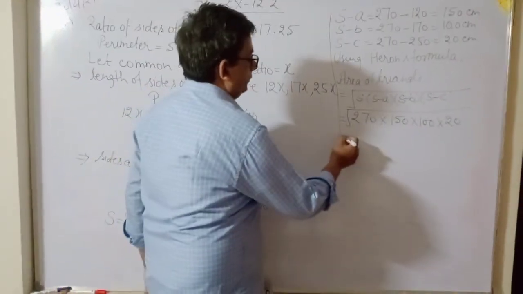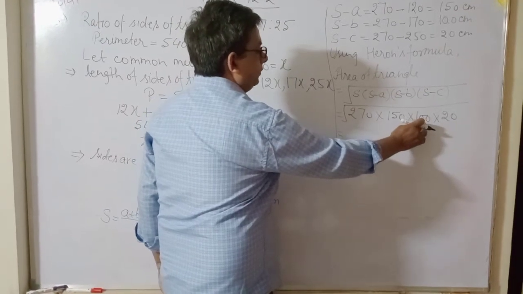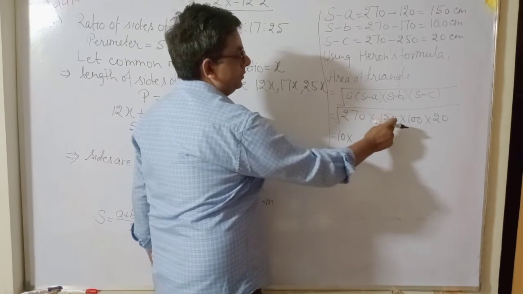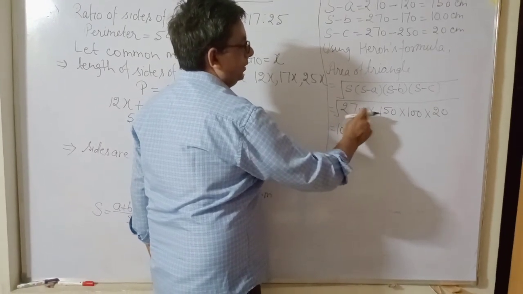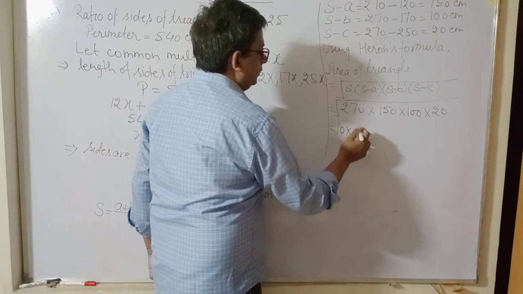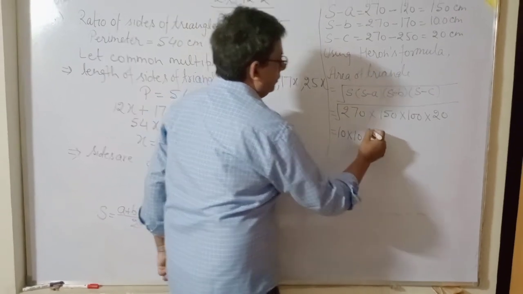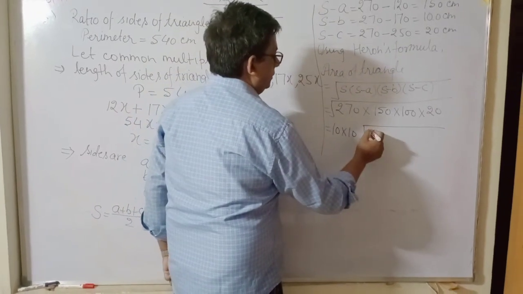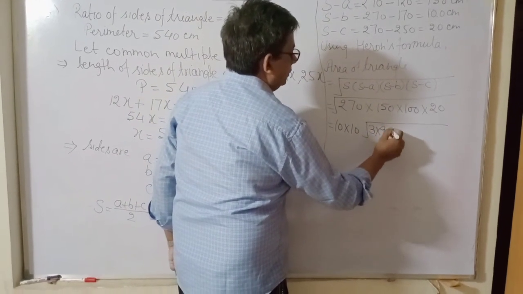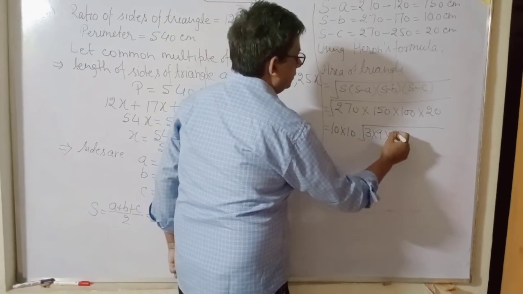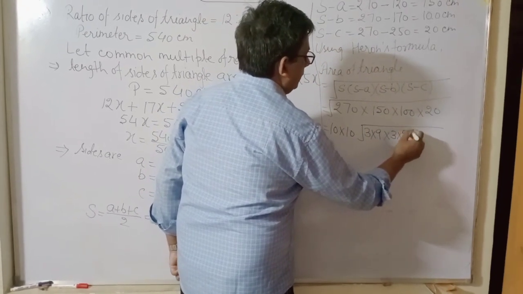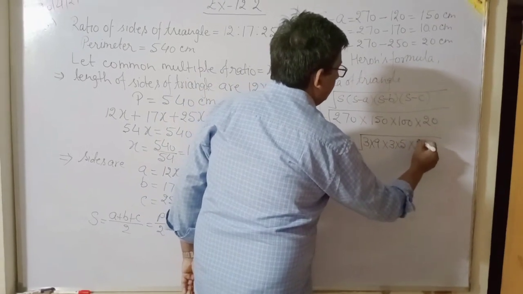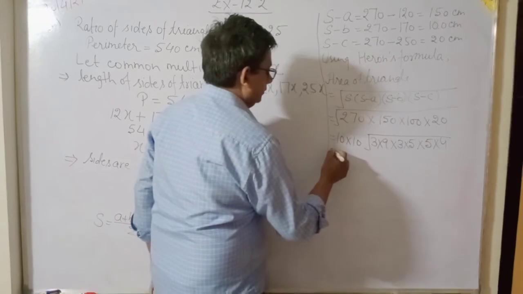Now, the square root of 100 is 10. Here 10 is here, 10 is here. So 10 into 10, 100. So from 20 we can take 10 outside. Now the number left is 27. 27 can be written as 3 into 9. And 15 can be written as 3 into 5. 100 is already taken outside. And 20 can be taken as 5 into 4. Okay. So 100.